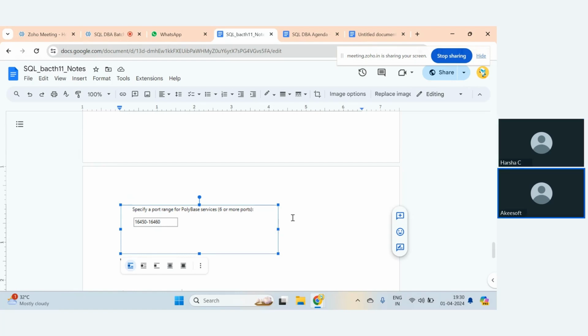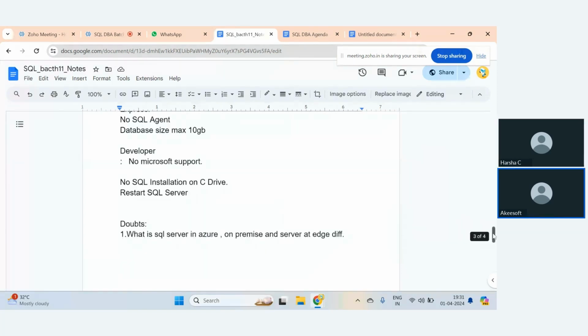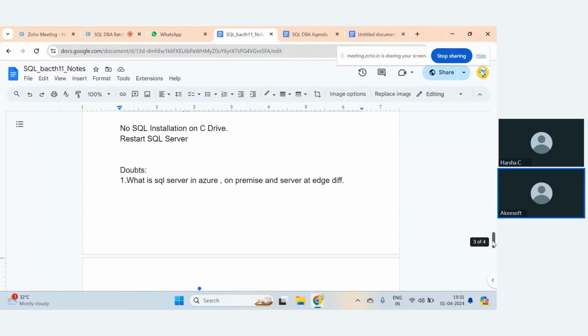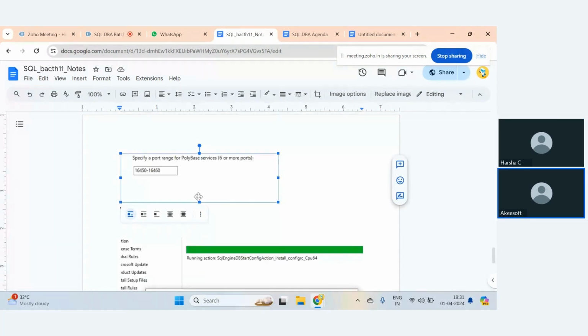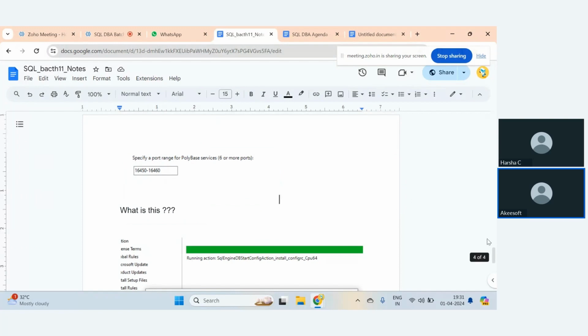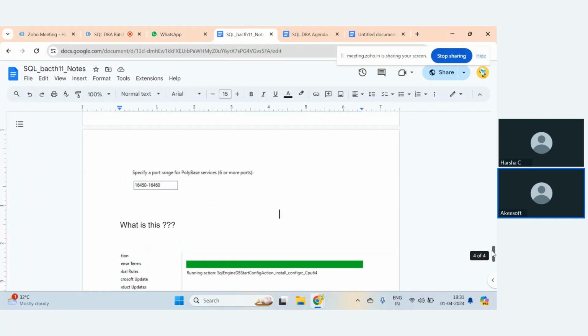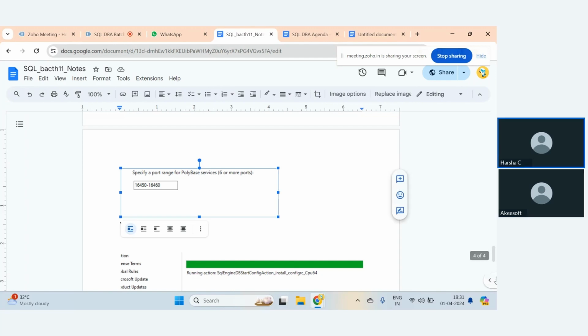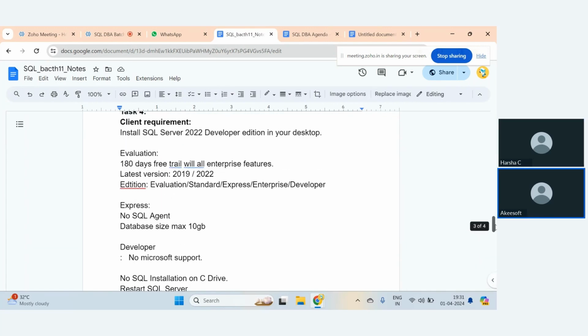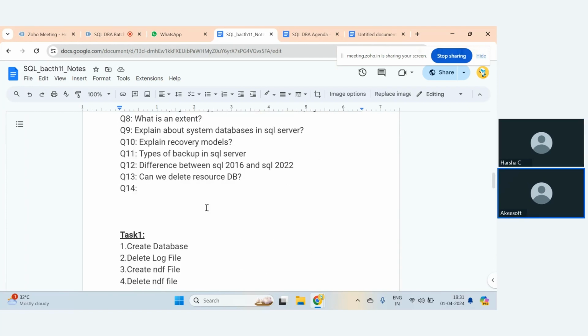So what is the default port for SQL Server? 1433. Okay, 1433 is the default port. To avoid confusion, I didn't tell these particular ports and everything. This is not required; no one will ask questions on this. Default port is 1433. People will ask questions on that. So now my question is, what is the difference between a checkpoint